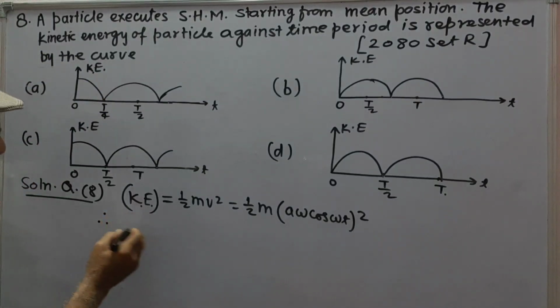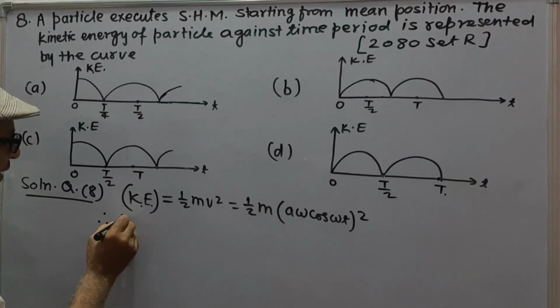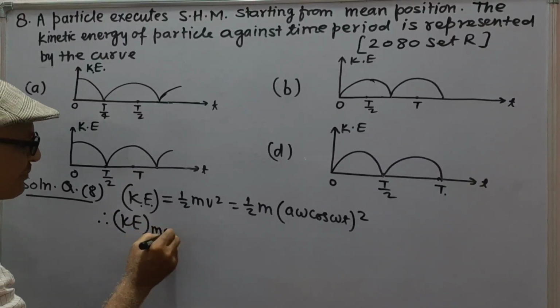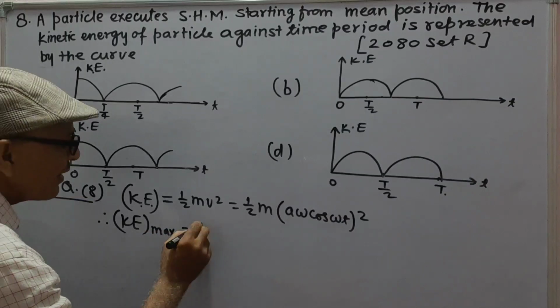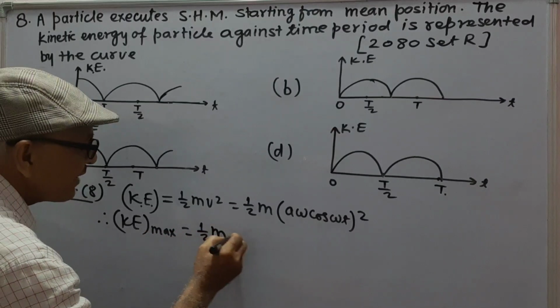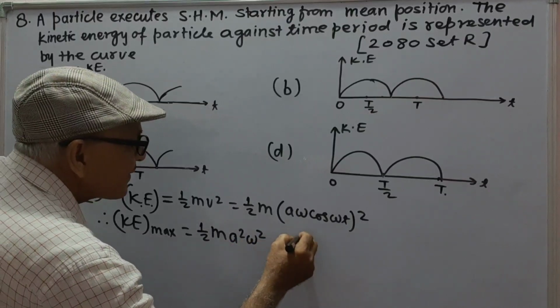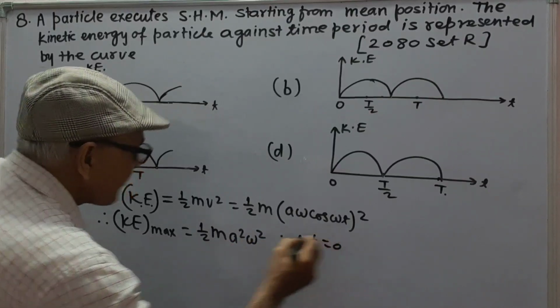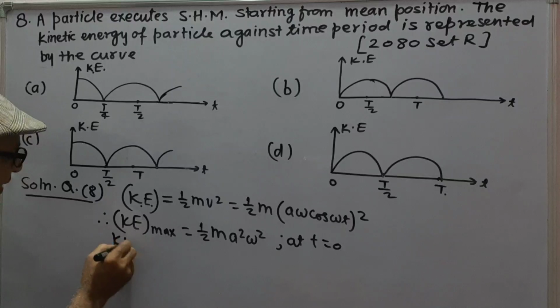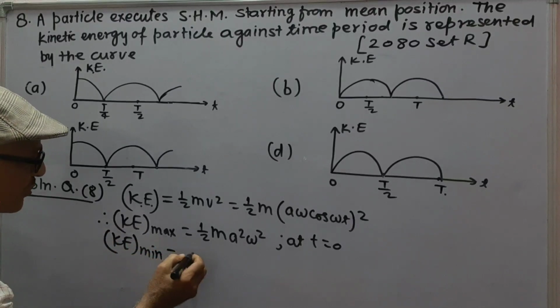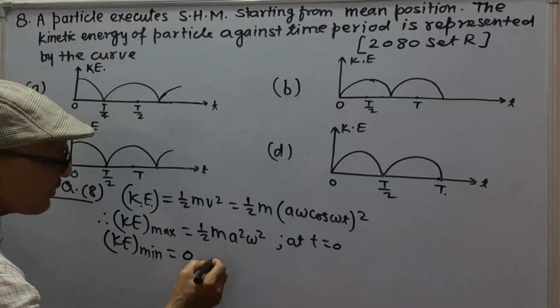Therefore, kinetic energy will be maximum, equal to 1 by 2 m A square omega square at t is equal to 0, and KE will be minimum, equal to 0,